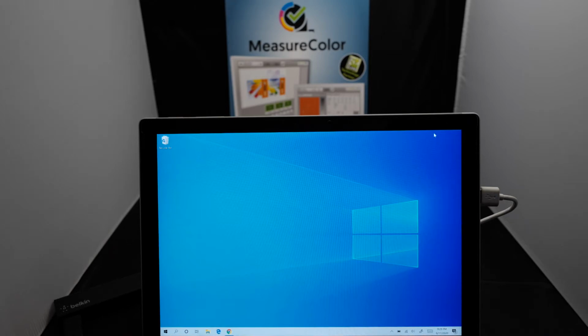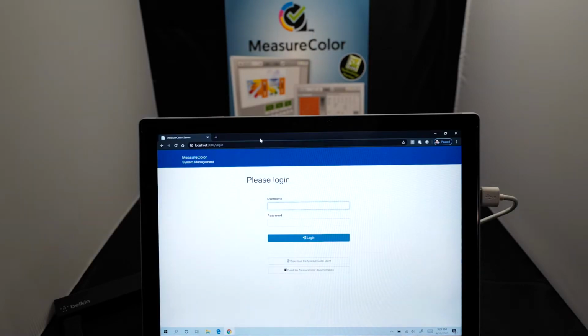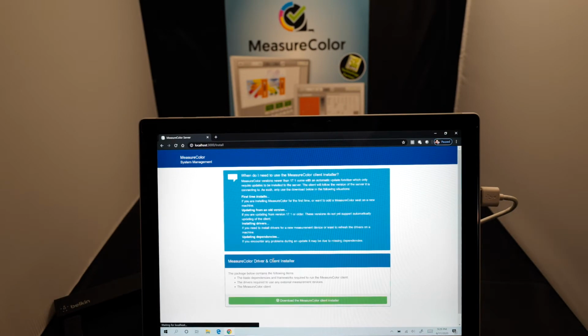We'll now begin the installation of the MeasureColor client to the measurement PC. The easiest way to do this is to open a web browser on the computer where you want to install the software and enter your MeasureColor server address into the address bar. Logging in is not required. Simply click the link that says download the MeasureColor client and then the green link that will begin downloading to